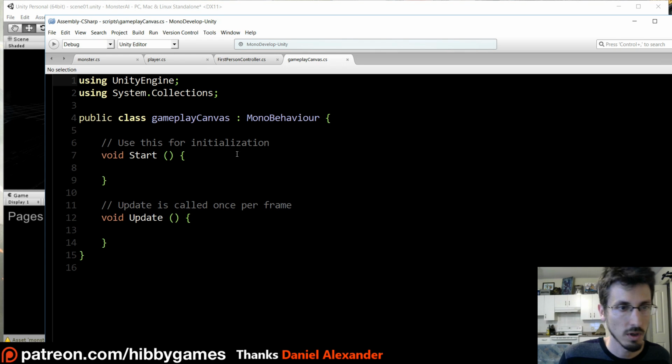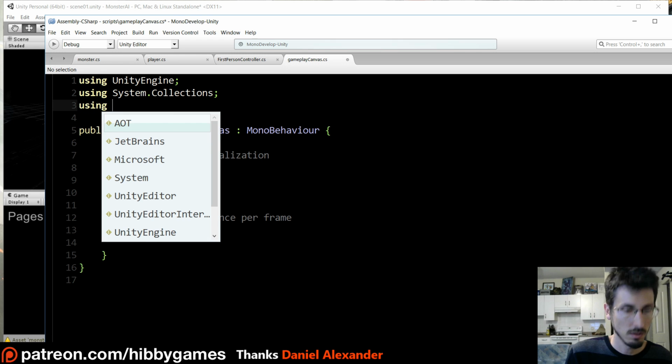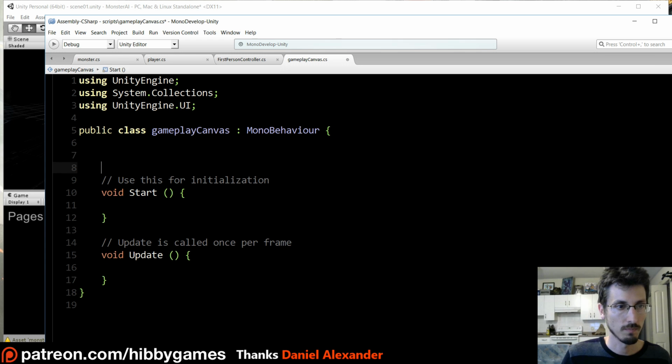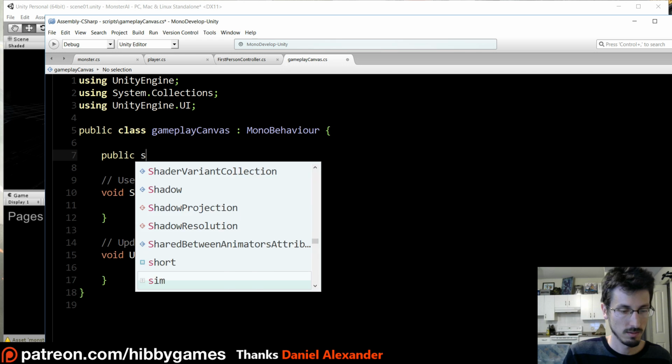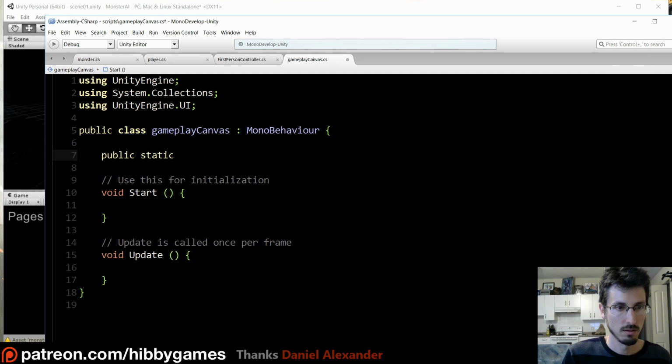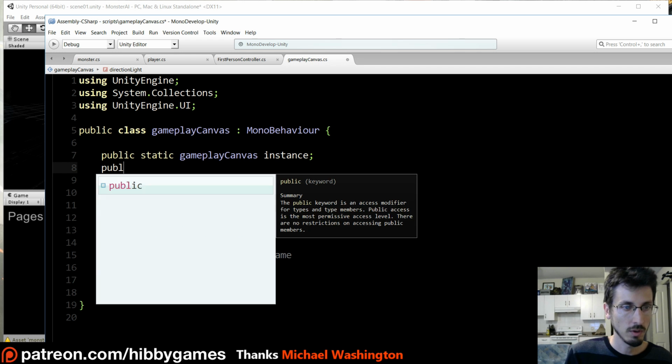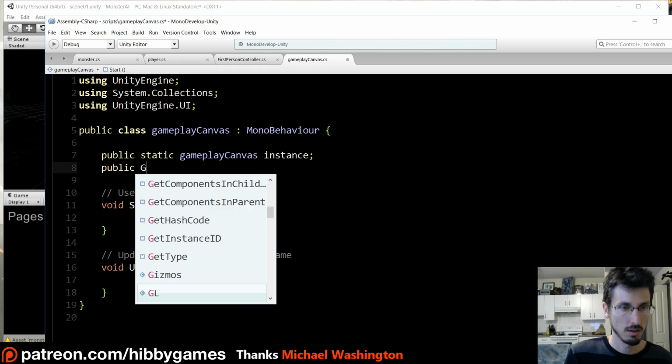So we're in our gameplay canvas, and we're going to be using UnityEngine.UI. We're going to go public static gameplay canvas instance, so that since it'll be a public static thing, we'll be able to reach it from other scripts without having to link them together. And we'll go public game object